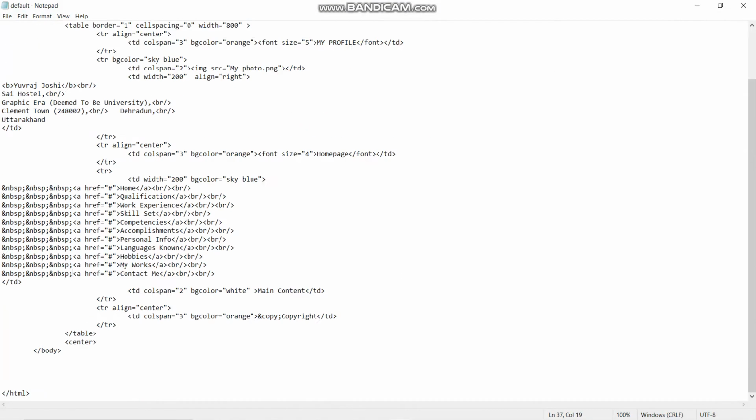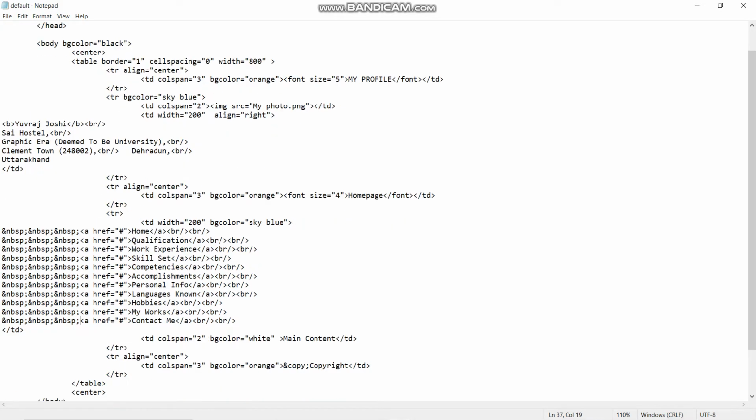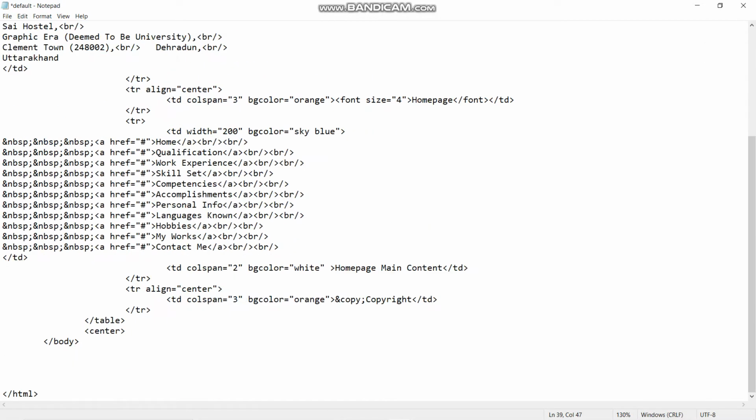So now we will move ahead to another thing. What we will do is we will just copy this home page and paste it on the home page, in front of the main content.